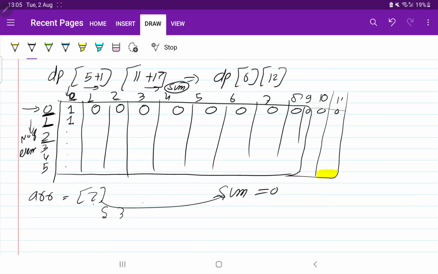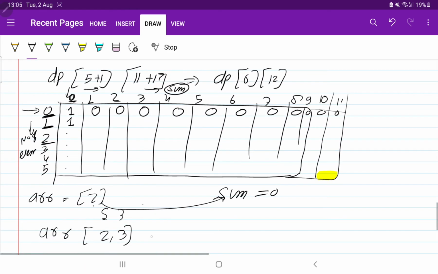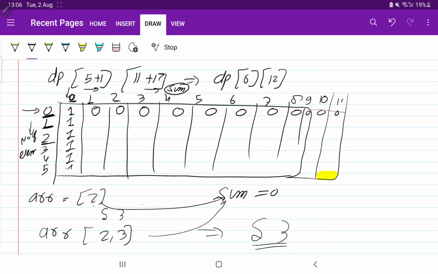What does this 2 tell? It tells that we have two elements in the array, that is 2, 3. Let me check. Yes, 2, 3. Can you get the sum 0? Yes, you can get the sum 0 if you choose a subset which contains no elements. It means yes, 1, 1, 1, 1, 1.